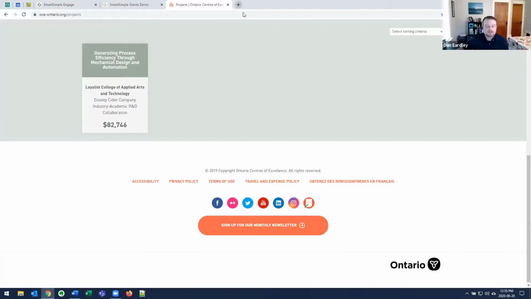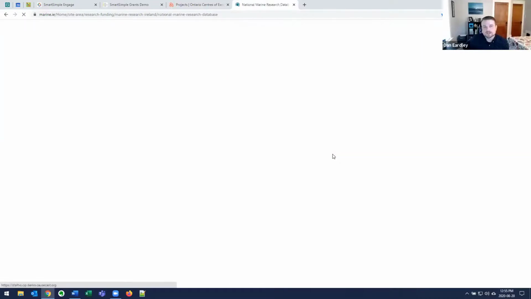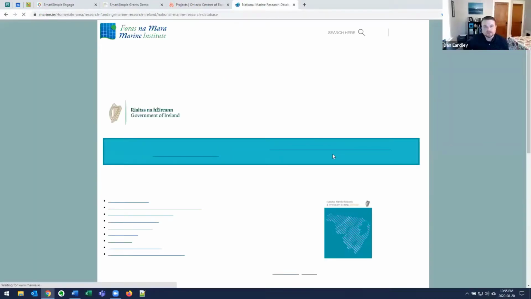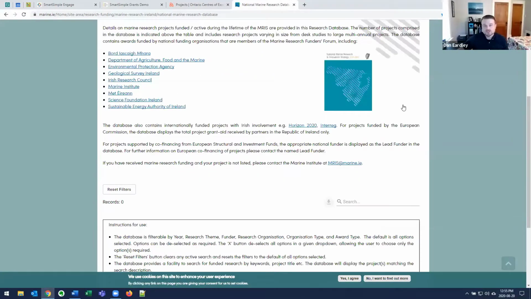Another example, a very different use case, is an organization in Ireland, the Marine Institute in Ireland, which is a research funding organization. They use the SmartSimple platform, and they are tracking all of their research funding within the system.